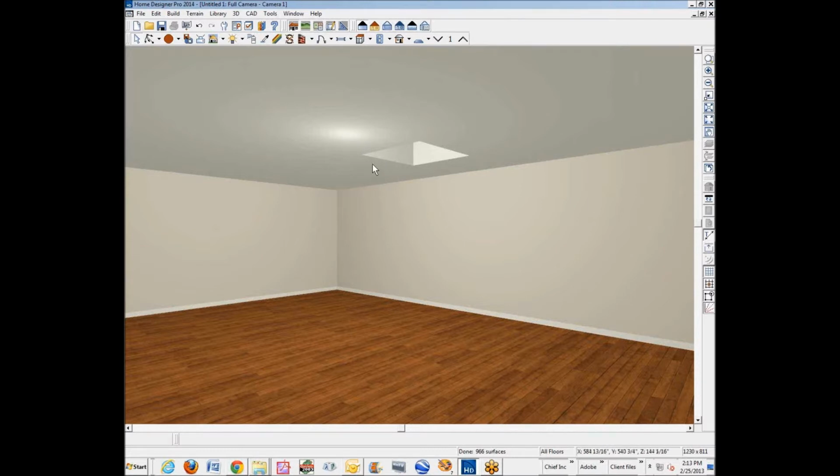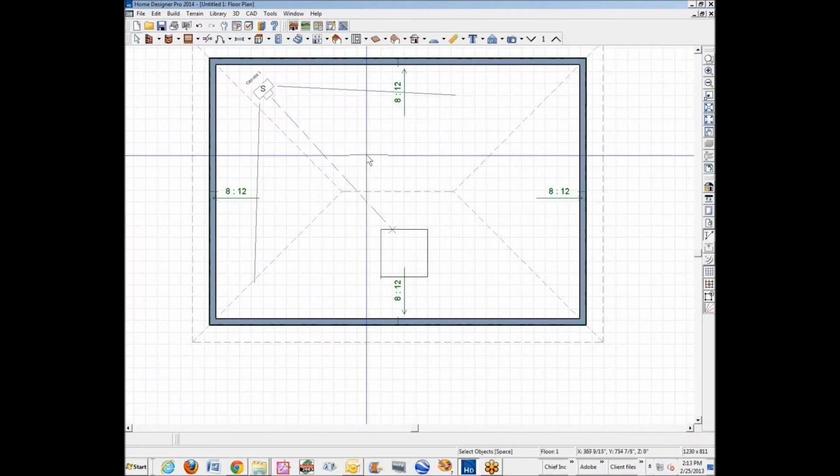This came up on Chief Talk the other day. Otherwise, I didn't know about this either. But unless you add a light, then this default light is always there in a default predetermined condition or location, excuse me. So what you do is I'm going to go up here to 3D